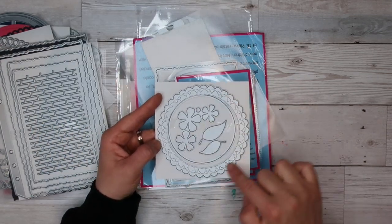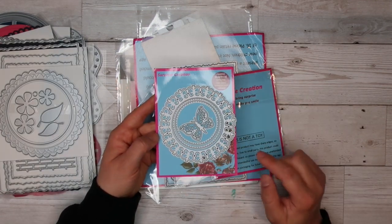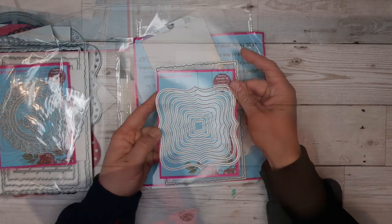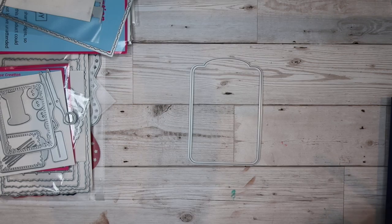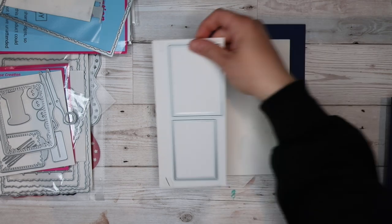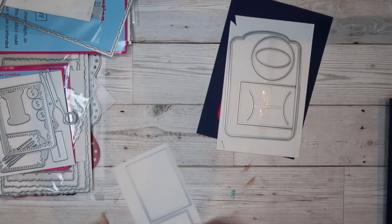I've also got some extra sets like these ones here, the flowers, the border and the butterflies, this extra set here. Some of these were given to me as a design team, and some of them are ones that I've bought with my own money because I do like this shop a lot. So I've got all these dies here. The ones I'm sharing with you are ones that I have used in my book